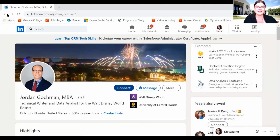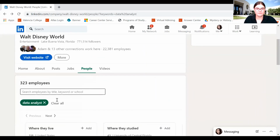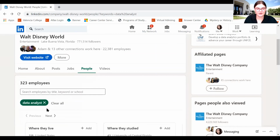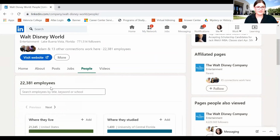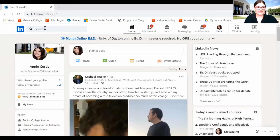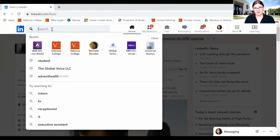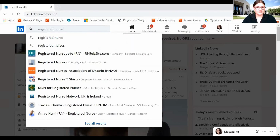So that's another fantastic way to target people in your network, is to just go through the career titles that you're aiming for, or the company that you're aiming for. And you can do that with virtually any career. It's really exciting. And if you're kind of going blind, you can even just put in the search bar, so for example, if I was looking for registered nurse, then I could search for registered nurse